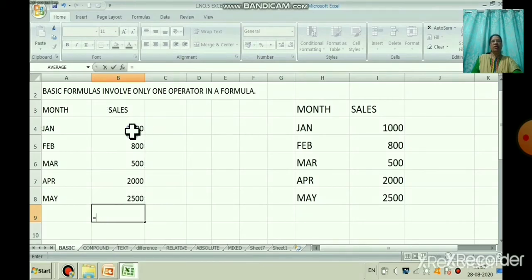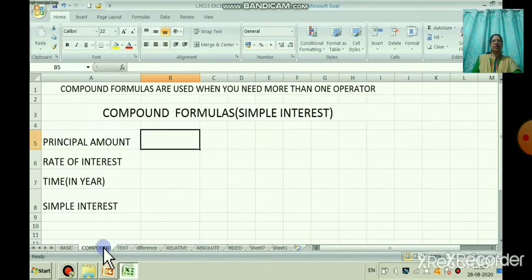Now, here see here I am calculating, right, sum. We are finding the sum, that is a sales amount. So, B4, that is cell address, plus B5 plus B6 plus B7. Here the plus is what? Operator, right, plus, minus, division, that is a forward slash, right. So, that is known as operator. Here you are using, see the formula bar, here we are using only one operator, that is plus, because we are calculating the sum, right, adding the sales between Jan, Feb, right.